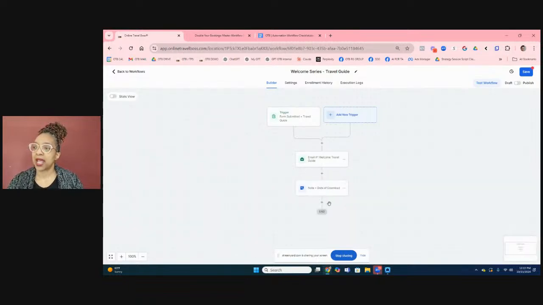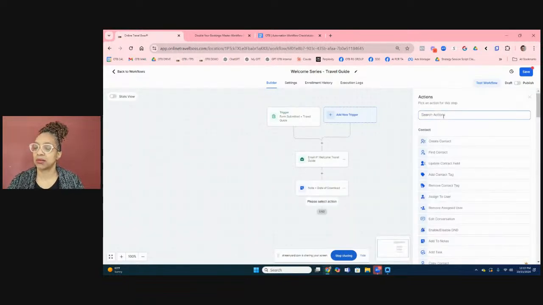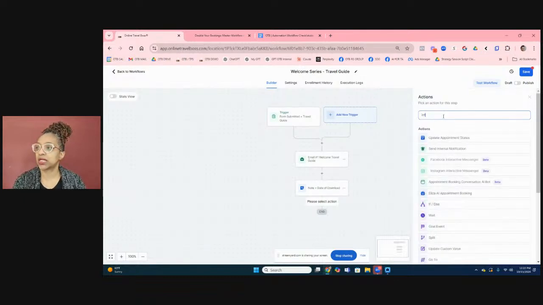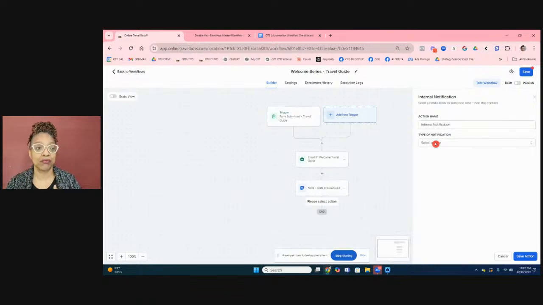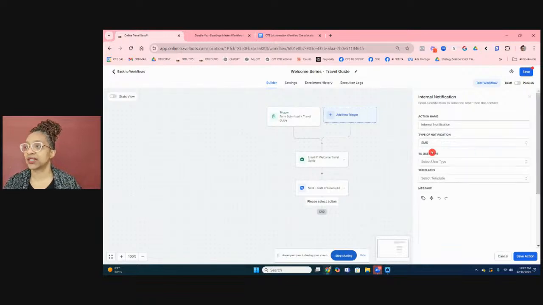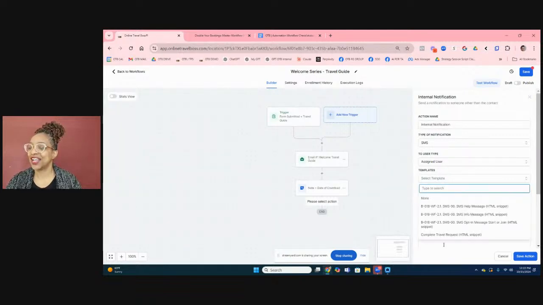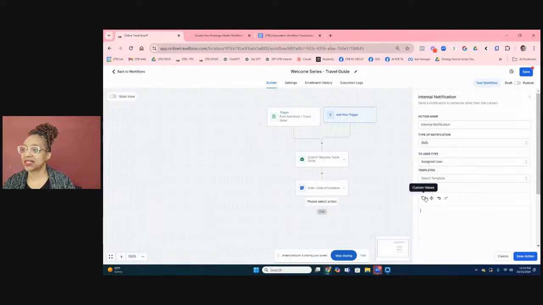here, and now I'm going to add an internal note, a message that comes to me. It's called an internal notification, send internal notification, and internal means internal to your company. So you can do your staff, the person who's assigned to, all of that can already be established. Here, I'm going to do an SMS message. I want to know right away. And then again, you can create an SMS template. I don't have one, and so I'm just going to say,